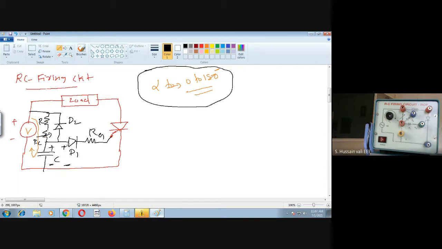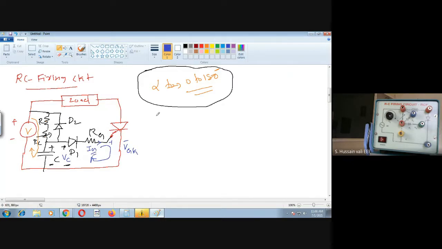So when you apply this voltage here, what do you find out? This diode becomes forward bias. So you can consider this is another closed path here. You can consider VGK and the current flowing into the gate terminal, I will take it as IG, and this voltage I will take it as VC. So this is one closed path, this is the second closed path. We will not worry about the first closed path, because we worry about the second closed path, because the gate current is in the second closed path.